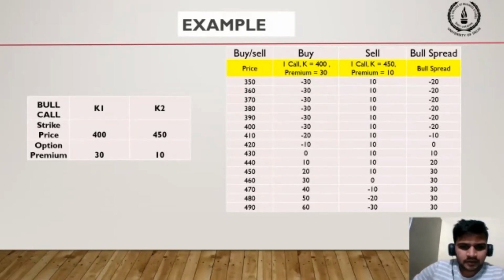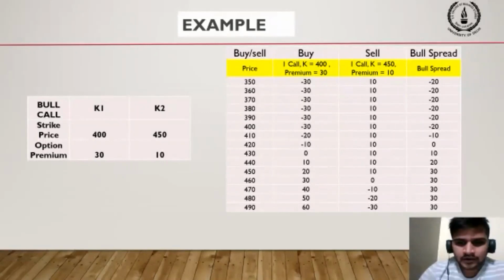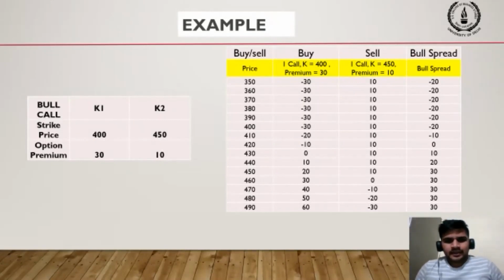सो इसमें क्या होगा कि जैसे हमने लिया है 350 कॉज आपने स्ट्राइक प्राइस जैसे 400 लिया था, इन विच आपने बाई किया था स्टॉक, सो आपका आउट ऑफ द मनी जाएगा एंड यू विल नॉट एक्सरसाइज द स्टॉक, exercise the call option, क्योंकि वो आपका out of the money and you'll suffer losses if you buy it at a higher price. All right. So इसके लिए हमें लॉस हुआ प्रीमियम का, इसलिए -30 लॉस आपका आ रहा है टिल 420, क्योंकि